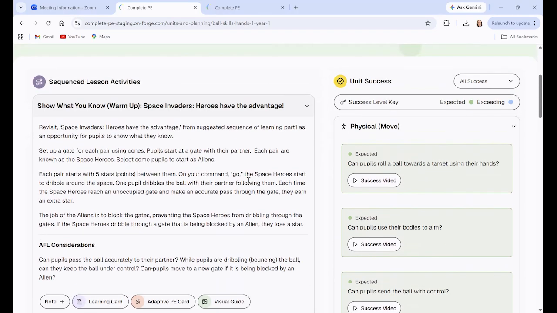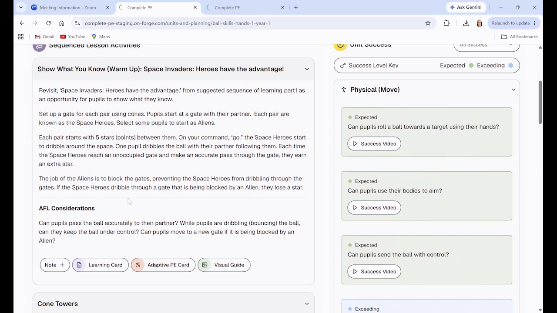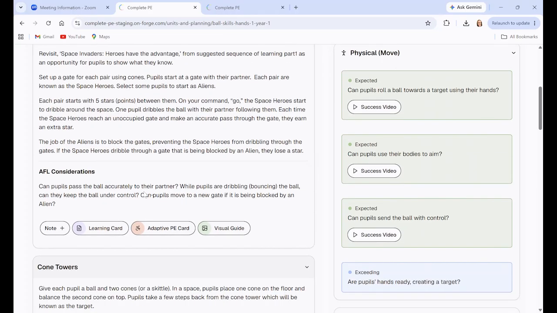Each of the activities has an explanation of how the activity is going to work, and then underneath we've built in assessment for learning considerations. So while the children are off and working in the activity and starting to show you some of their learning, what you're able to do as a teacher is use some of our assessment for learning considerations